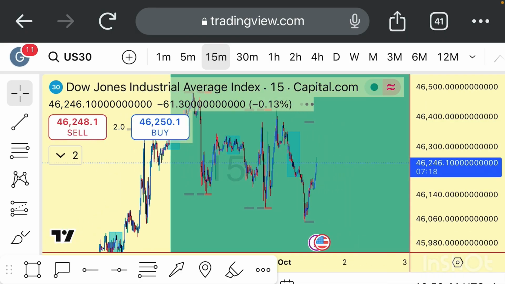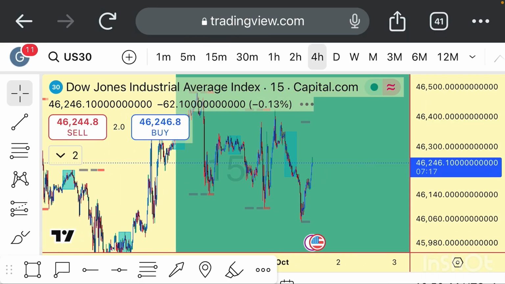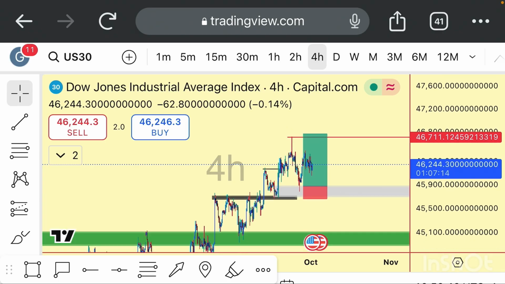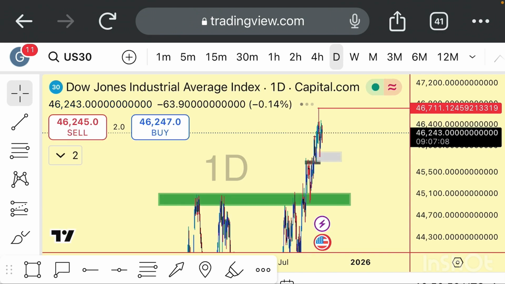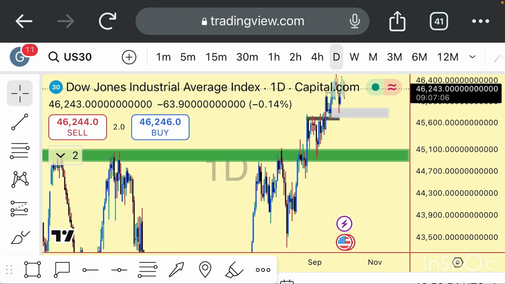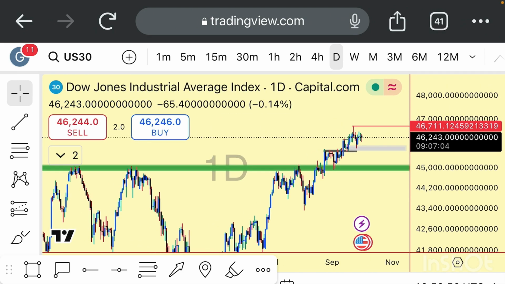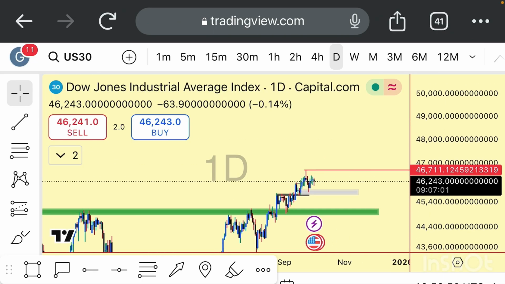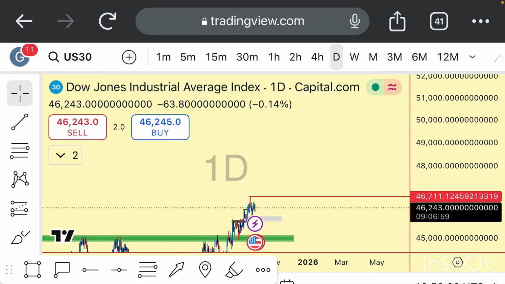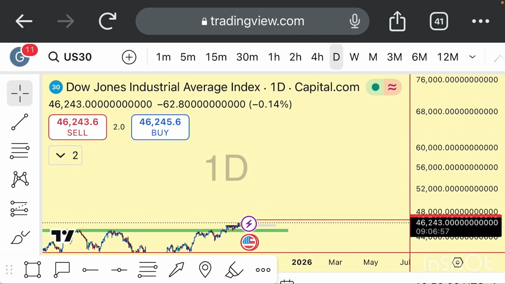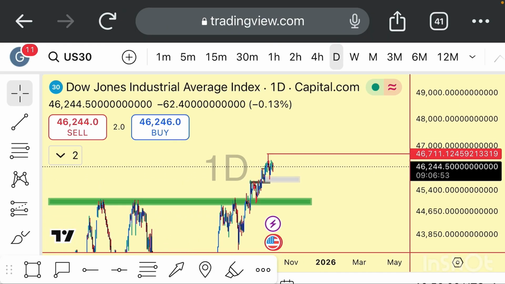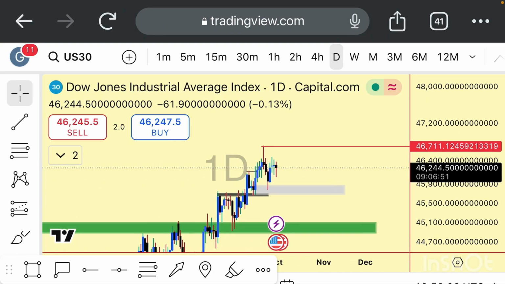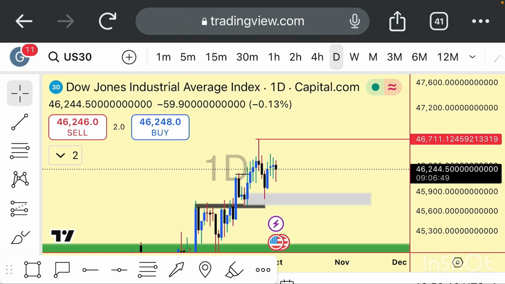Okay, now see US 30. I have to come to the higher time frame. On the higher time frame, US 30 is also very bullish. If you check it on the daily time frame, it's still a very bullish market. It just broke out from a major resistance zone, which is here, and it's still adding up. Overall, I'm also waiting for US 30 somewhere up there. But before then, let's analyze and see what I'm looking for going into this month.